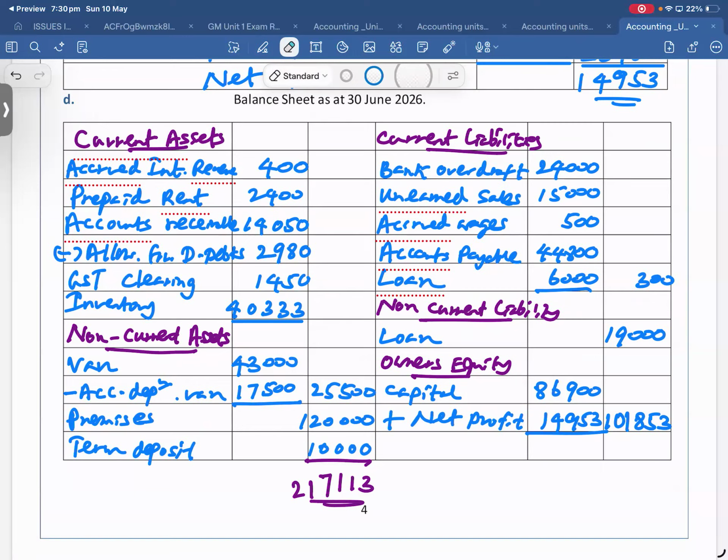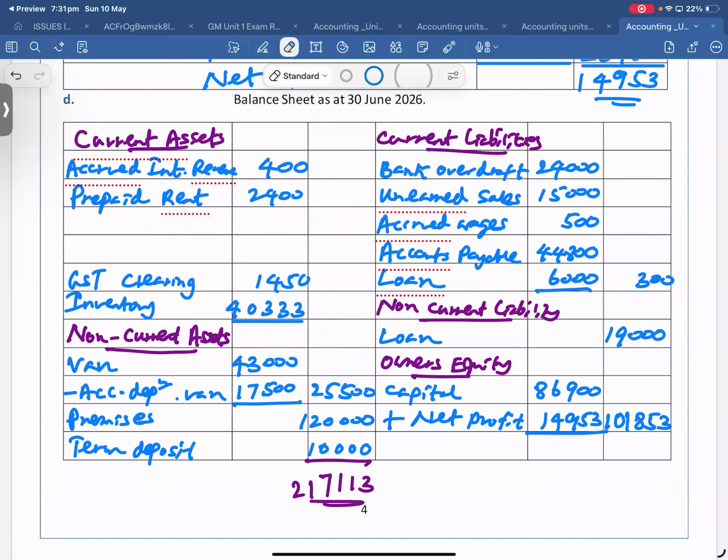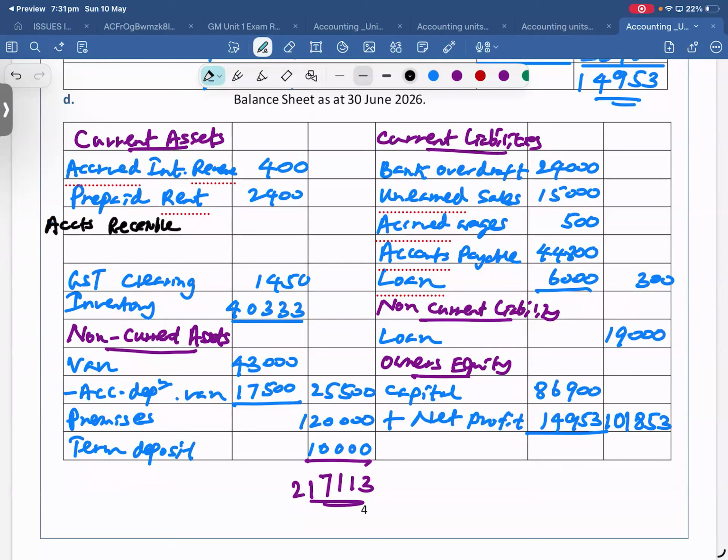Yeah, let me fix the allowance for doubtful debt, guys. $14,050, yes. Less allowance for doubtful debt 2980. Right, so then I'm getting